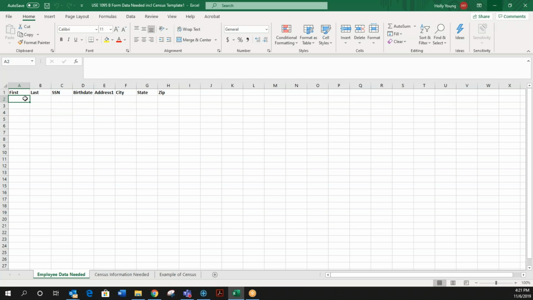So they'll be the first name and last name, social security number. We do have a place here for birth date. This was allowed when ACA reporting first started a few years ago, but the IRS has come back and said, if you have these employees, you should know their social security number. So we really want the social security number, but if for some reason you don't have it, you can put a birth date. If you put a birth date for everyone, that's fine. If you don't put a birth date, that's fine, but we do need social security numbers